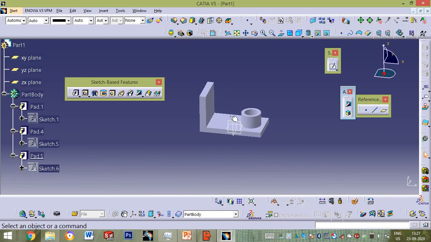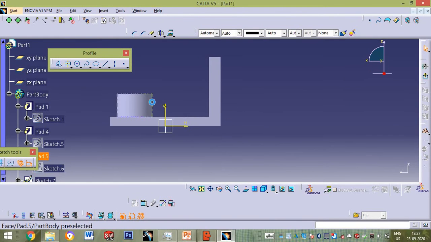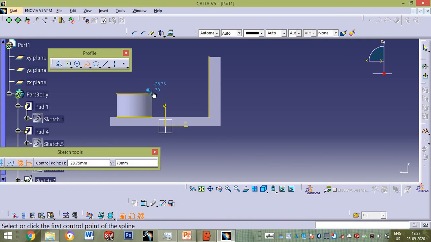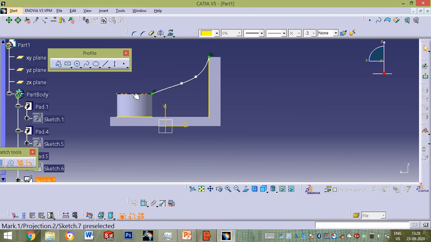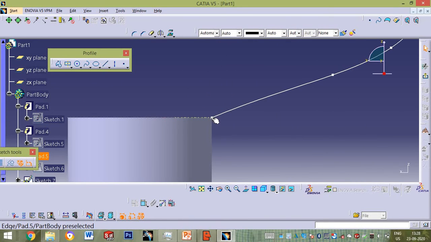We will go with one more example for this straight line and the curvature. For this circle and this line, I will convert this. Now I will create a spline again. If you want, you can go for an arc as well. If you have any doubts regarding these arc profiles, you can put them in my comment box for any suggestions or problems.